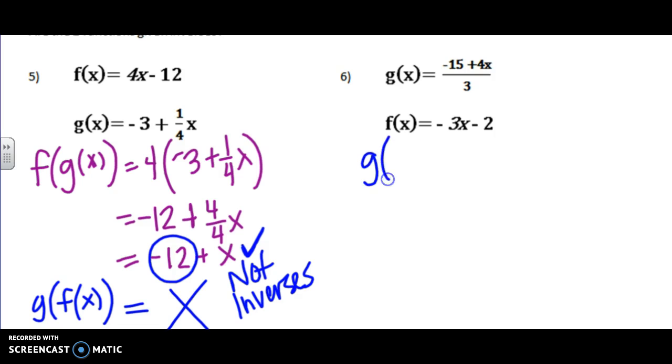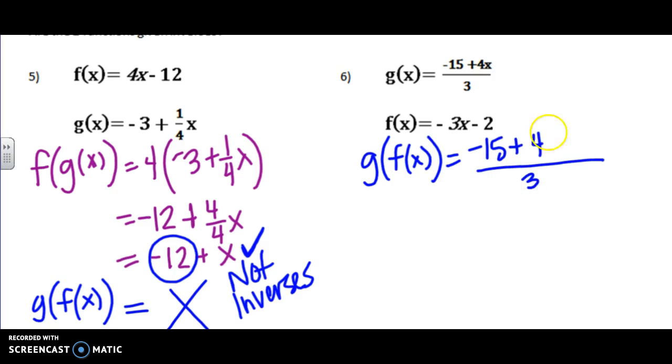So if we do g of f, I'm going to take g, which is negative 15 plus 4, all divided by 3. And I'm going to plug in my other function, negative 3x minus 2 up here. And then I start simplifying. So this gives me negative 15 minus 12x minus